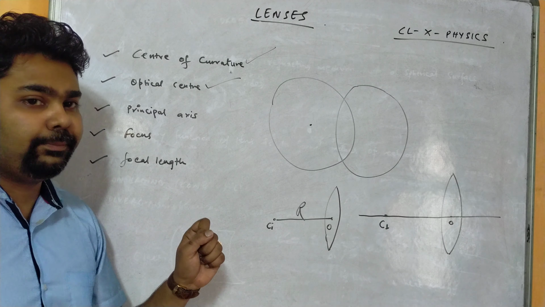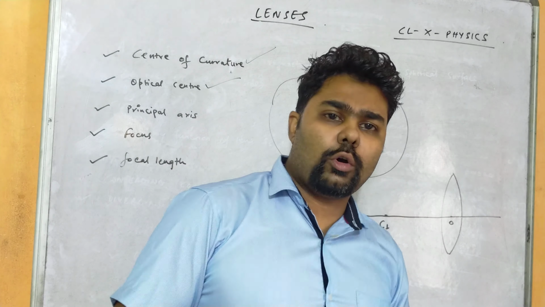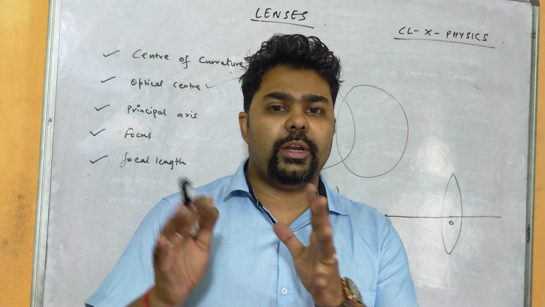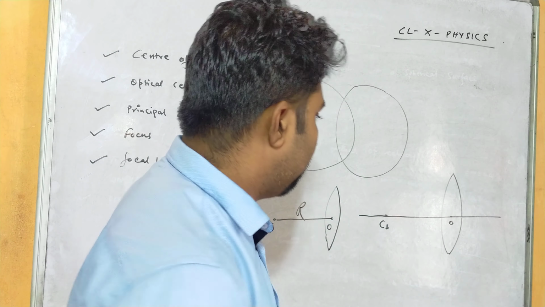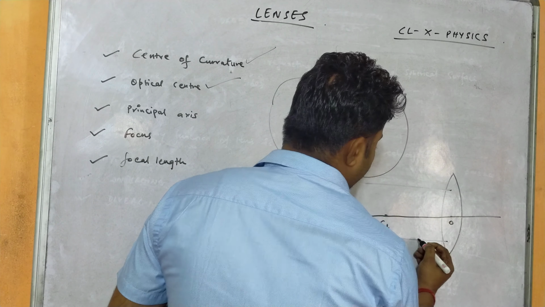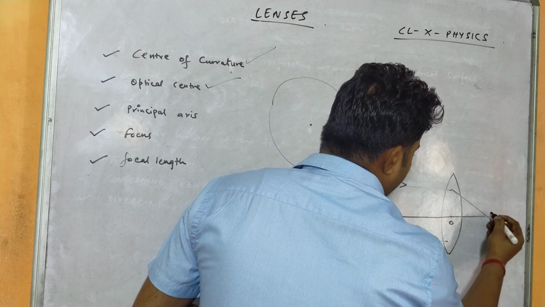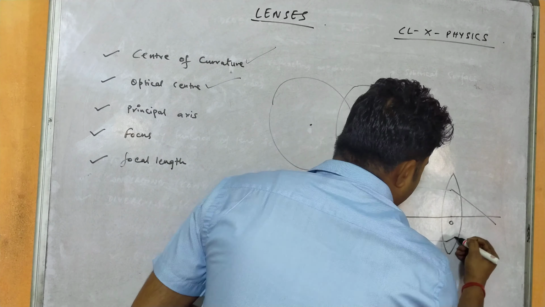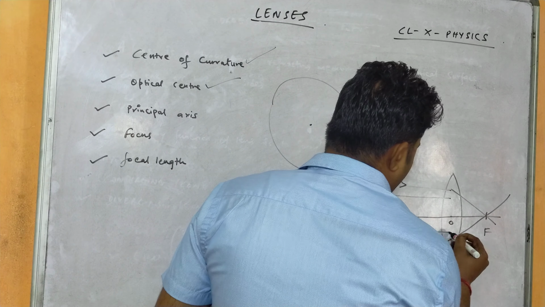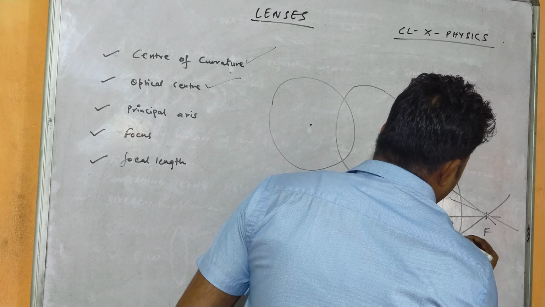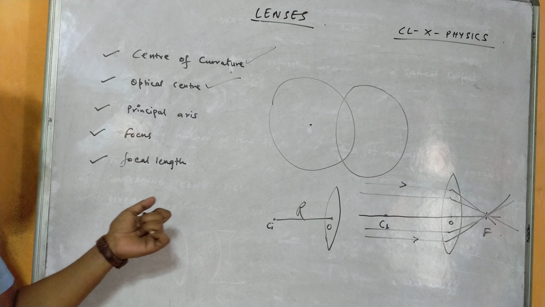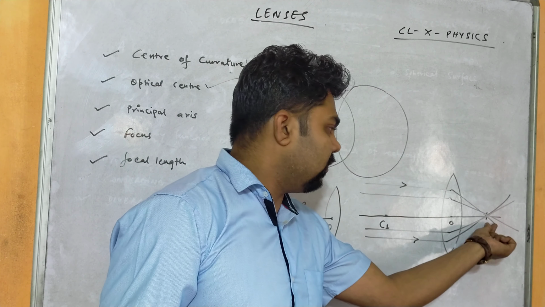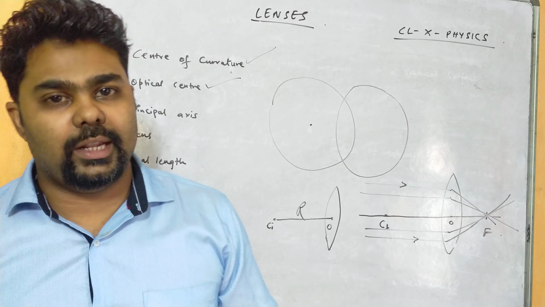And focus. Focus means when light falls on the lens, it tries to meet at a particular point, or if it is a concave lens, it tries to diverge from a fixed point. Like light is falling here parallelly, it tries to meet at a fixed point. This is called focus, right? Whichever light falls here, it will always pass through a fixed point, that is called principal focus. And the distance between the optical center and the principal focus is considered the focal length.